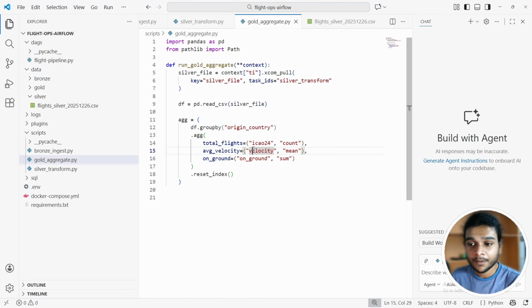I think you understand it now. So that's how we did it. Now with that we make the data business ready. Next step will be